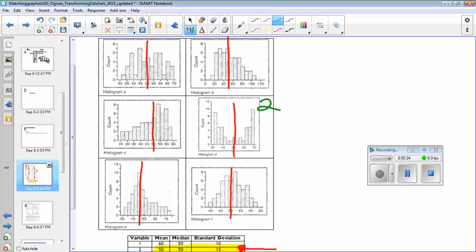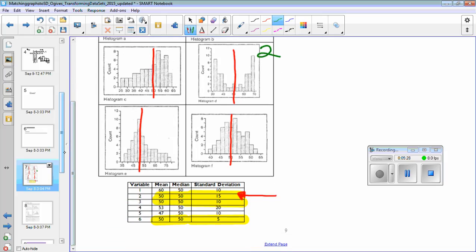So those are the kinds of questions you're going to be asking yourself. Now we're going to look at the other two symmetric data sets, and you're going to decide which one has a very small standard deviation. And you'll decide between variable 3 and variable 6. Remember, standard deviation is a measure of spread. The smaller the spread, the more closely knit the data is to the center. Okay? The bigger the spread, the more data is away from the center. Yes?